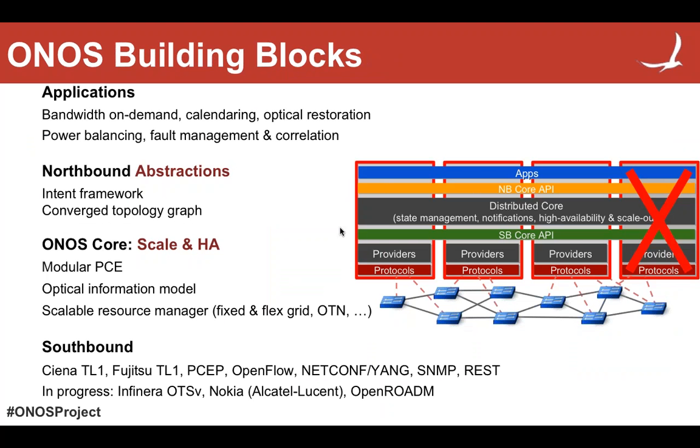Okay. So let's focus a little bit on the building blocks in ONOS that are specifically related to the packet optical stuff, right? So there's a bunch of applications, and I'm not going to spend too much time describing them because I think, in the rest of the presentation, you'll see bits and pieces pop up of these applications. But there's a bunch of applications that we wrote to demonstrate the power and functionality the ONOS platform brings. I mentioned the bandwidth on demand, the calendaring,